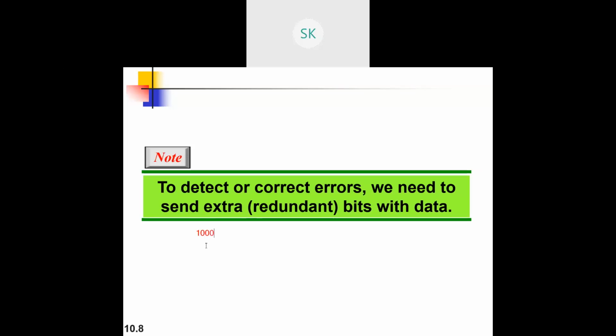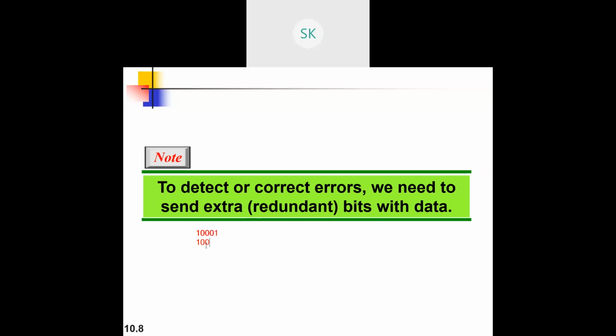If I want to add an extra bit, I'll go with the parity check, so one more bit. That bit uses parity. Even parity means an even number of ones should be available. If there is an odd number of ones, I'll add one more bit, 1.